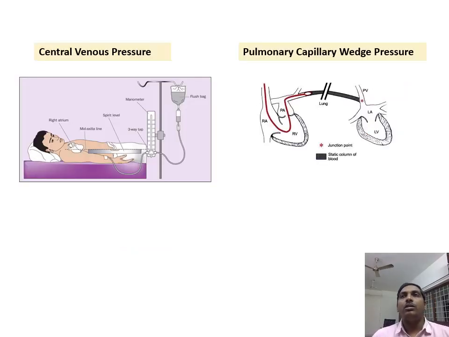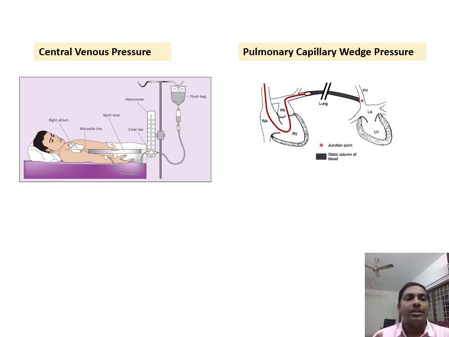So before understanding the resuscitation and how to monitor it, what the various lines of response are, and what the management algorithm is for the other shocks, you need to understand two terminologies with regard to shock. One is the central venous pressure and another one is the pulmonary capillary wedge pressure. Central venous pressure is nothing but the right atrial pressure or superior vena cava pressure